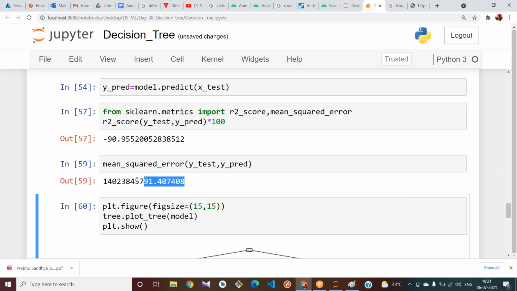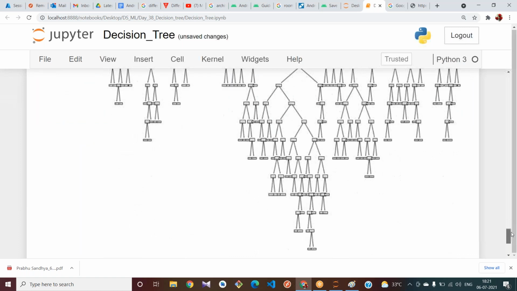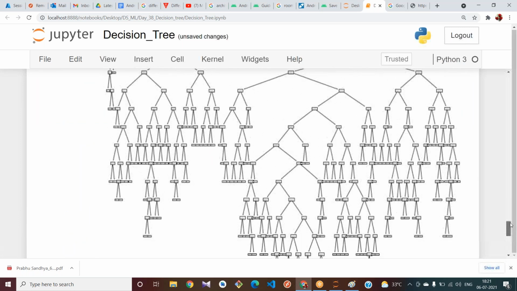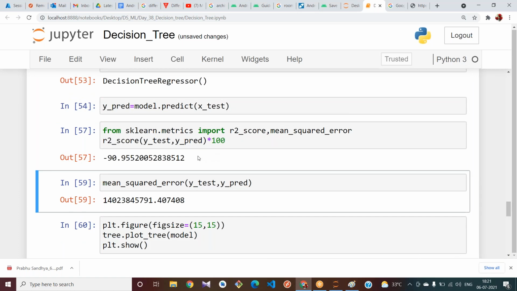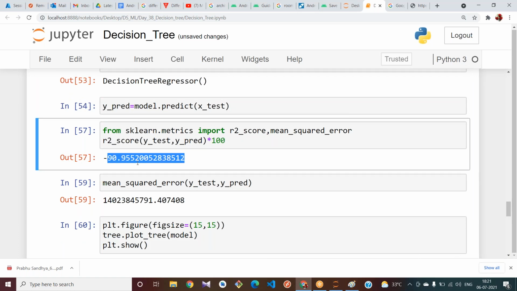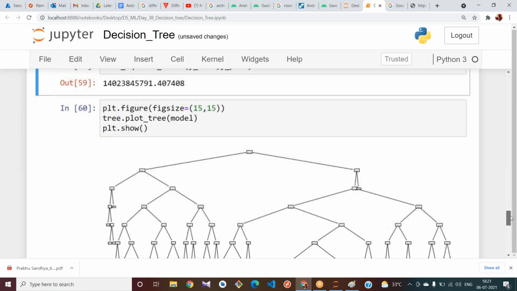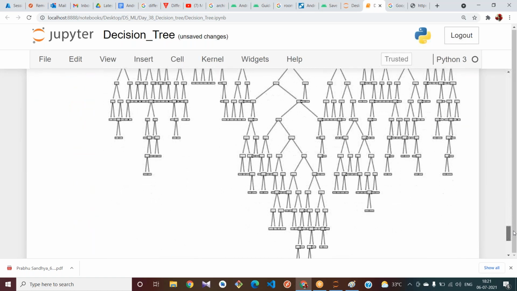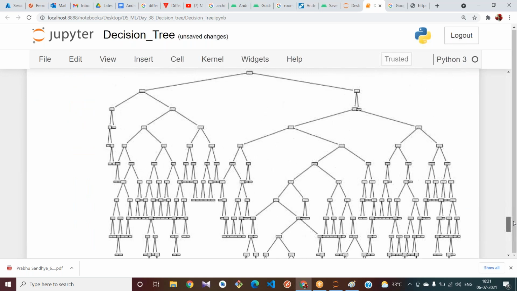By seeing this error only we can tell how many splits it will take. Since the R2 value is minus 90, it is not performing well with this decision tree regression. See how many splits it has taken.